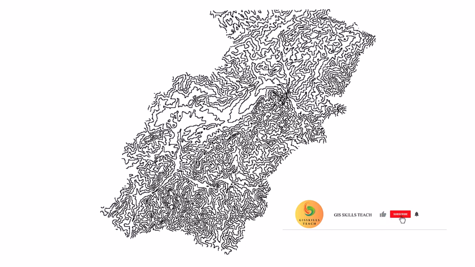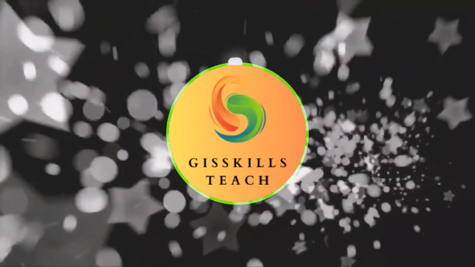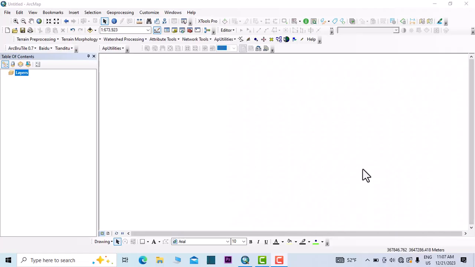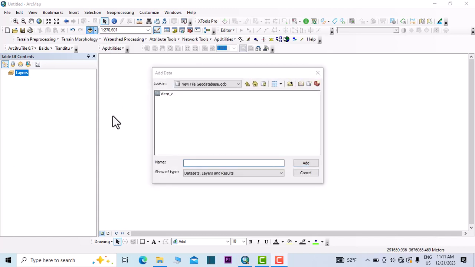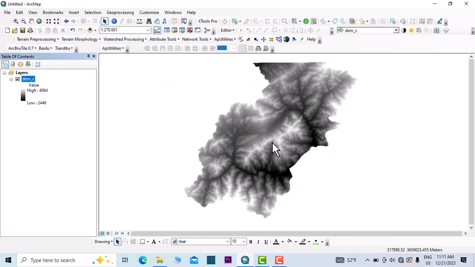Today I want to show how to create contour lines in ArcGIS. Let's begin. First, open ArcMap. We need the DEM, and first I should add it. I want to work on this area. First I want to smooth it for creating better contours,